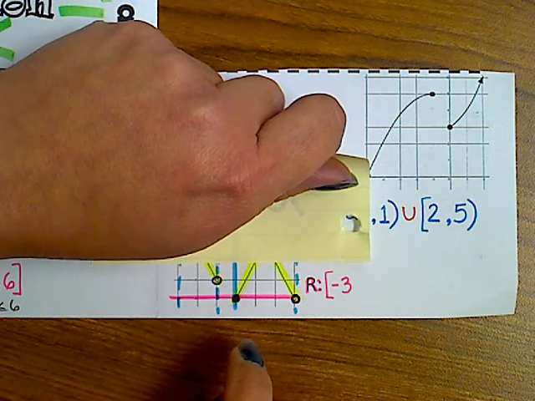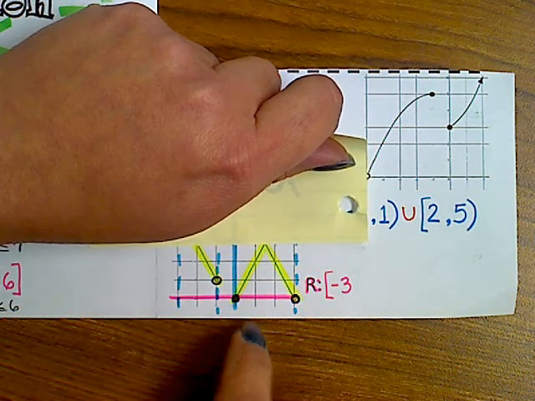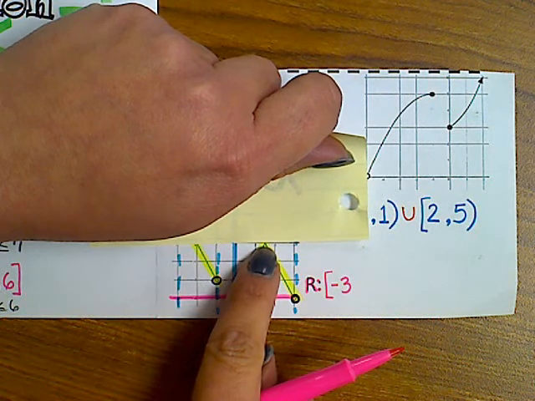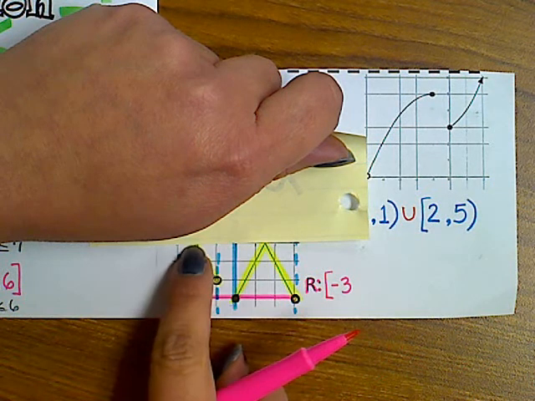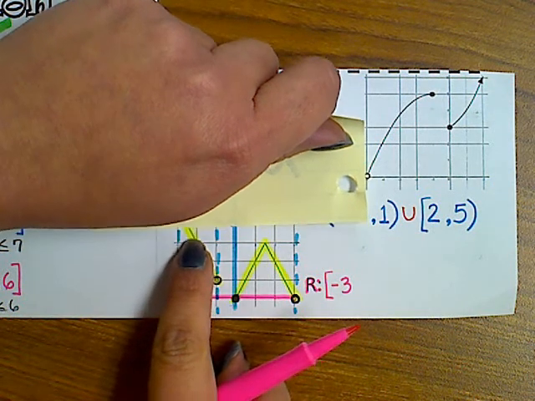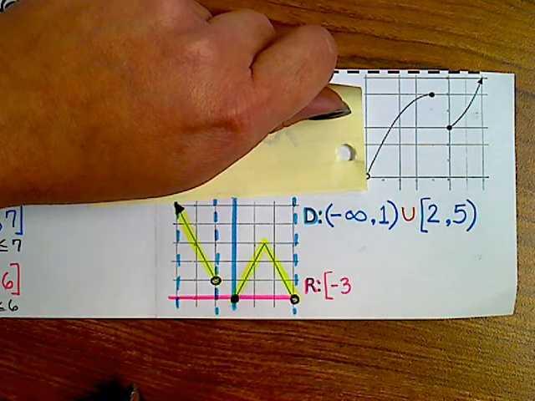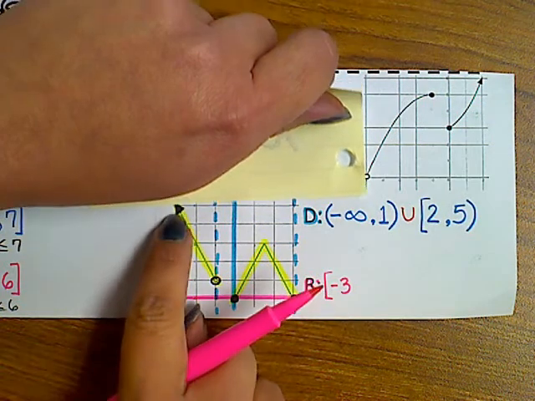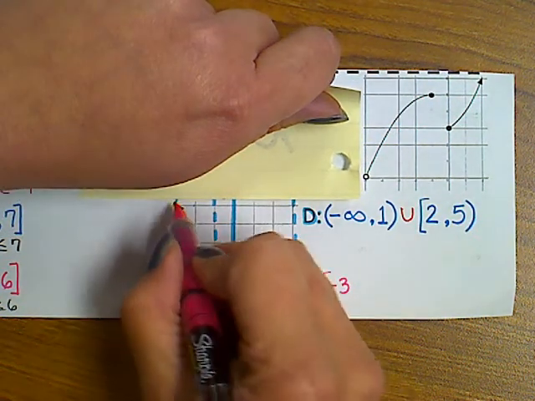So let's keep on moving till we find the end. Ooh, we have a tip over here, kind of like an apex of an absolute value, but oh, we continue going. So let's keep on going until we no longer see the yellow relation. And here we go. So it looks like my relation is ending right over here